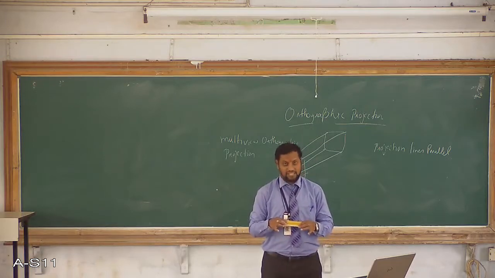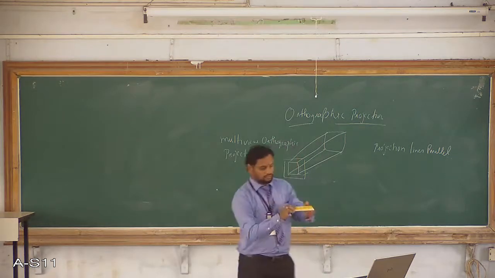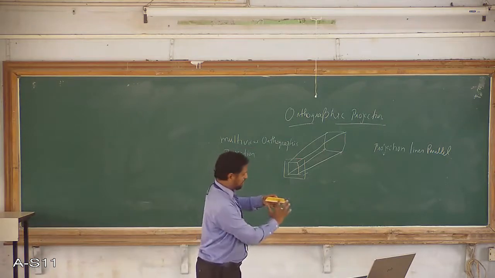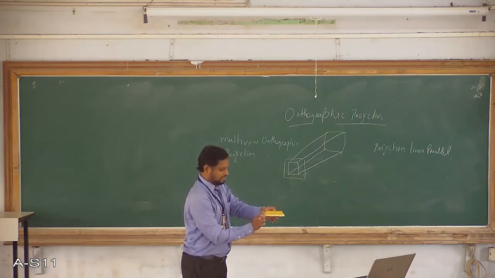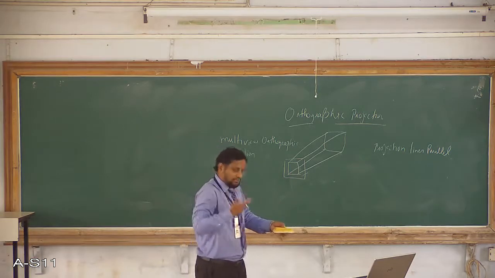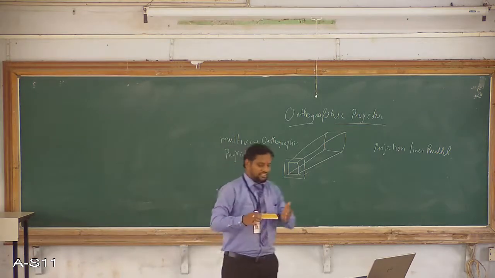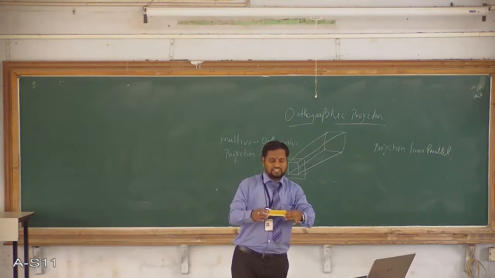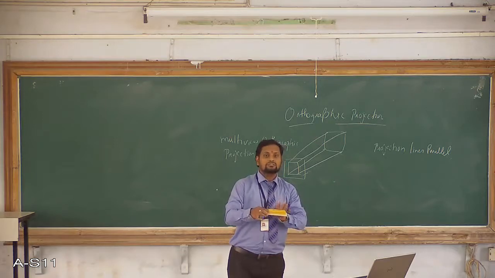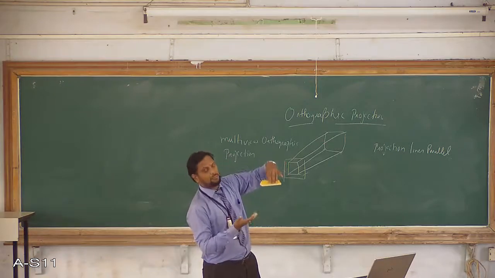as itself as a building. If I consider this duster as a building, if I am standing this way, I can see the front face, and if I am standing at the right side, I can view the right face. If I am standing on top of the building and if I want to view the top view, I can view the top view, and if I am standing this side, left side, I can view the left side. Or if I am standing behind the building, I can see the different views of the building depending upon the position where I am standing. Or if I am standing at the bottom, I can see the bottom face.